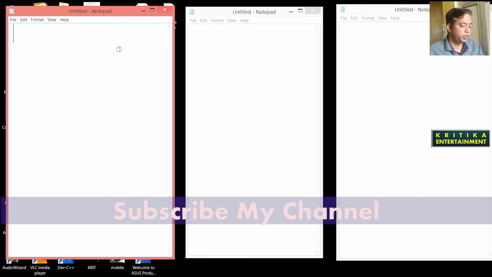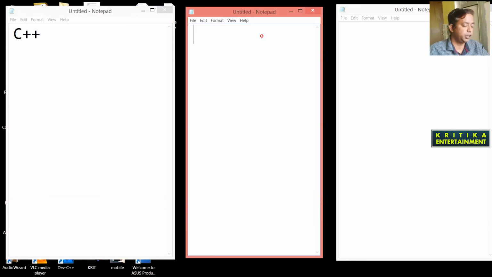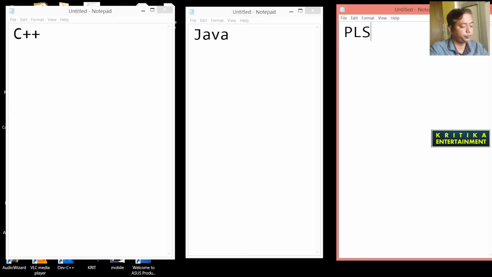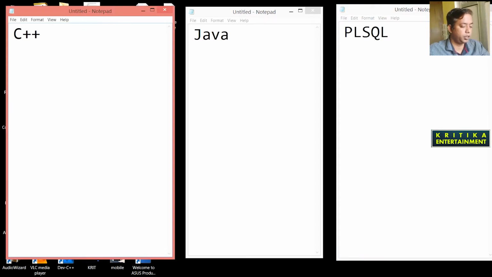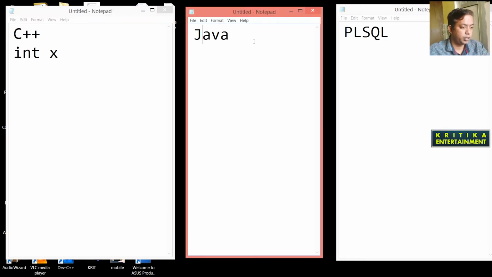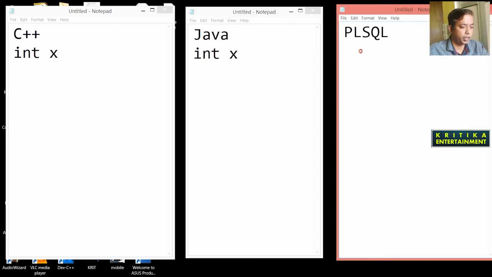So now you see, suppose this is C++, this is Java, and this is PLSQL. Suppose here I declare int x, and here also declare int x.